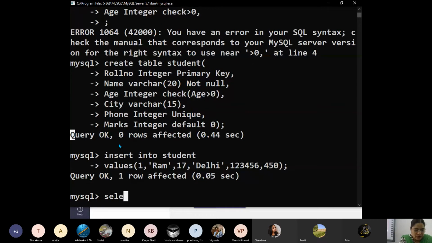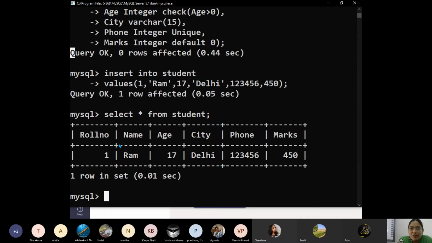Okay. Now if you want to see the result of the student table, select star from student. What do we get? You see, we got it correctly. Now can you write the query for inserting the next row? Can all of you do that? Yes.